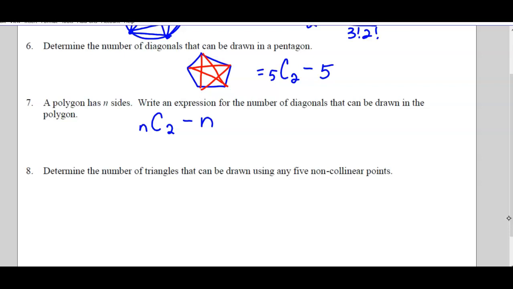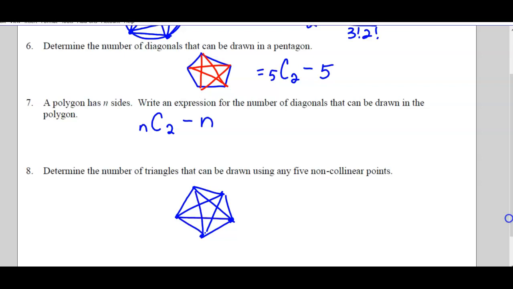Okay, number of triangles that can be drawn. Any 5 non-collinear points. So again, that's like on a circle. Or it doesn't have to be, they just have to be non-collinear. So to get a triangle, we need to join up how many points? 3, right? So there would be 1 triangle. This gets a little hard to. 2 triangles. 3 triangles, 4,